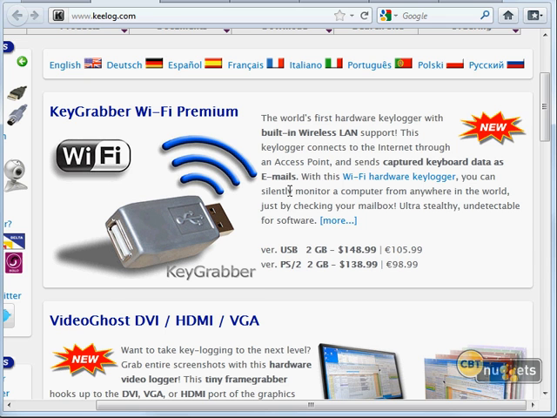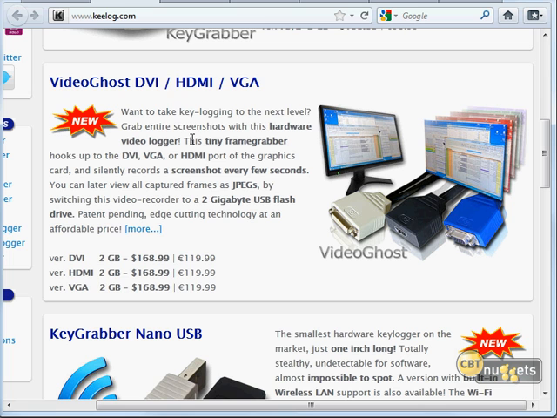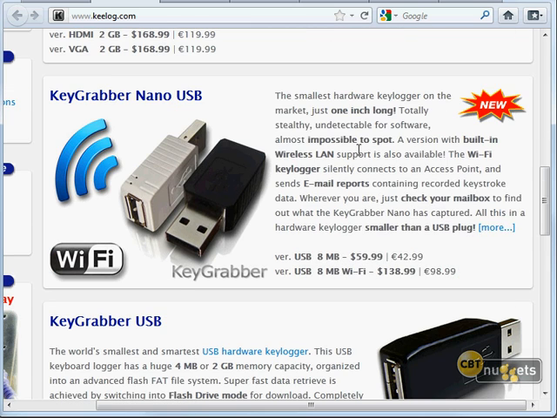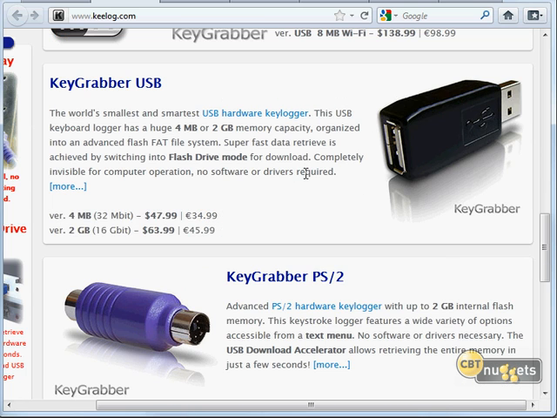They have a couple other products I kind of like. This one right here is similar to a keylogger. This is where it'll take screen captures of what you're seeing on the screen. So that's kind of a handy item. And then there's this one here as well. This is very similar to the first one that we saw. It's just that apparently it's smaller, and it also has a back to it here so that you not only plug it in, but you can also continue the connection on the other side of it. And that's just kind of the conventional way that keyloggers go, because you'll plug the keyboard in there. And then there's this one here, a key grabber. This one doesn't have the Wi-Fi, so you would have to return to grab this one. And then there's the PS2 edition, which you don't really see that much anymore because most people have USB keyboards now. But if you still have one of the old ones, you can use those as well.